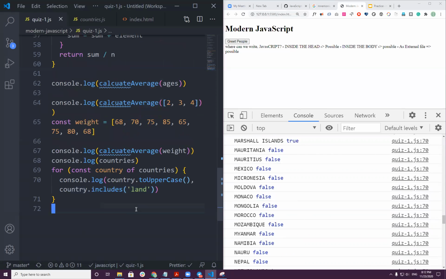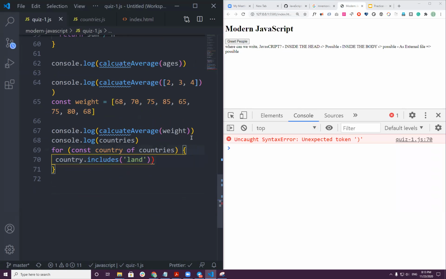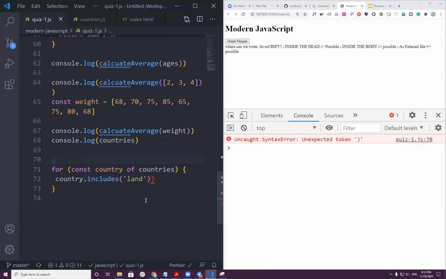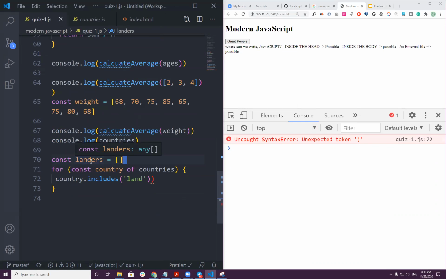So our function will work. Now what we do, we don't need to capitalize this. Instead, what we should do is const landers. I'm just coming up with a fancy name, but this name is not good, and I can't really come up with a very good name, so I called it landers.